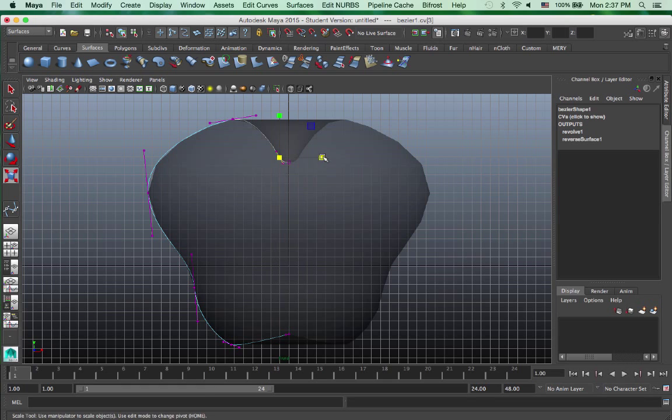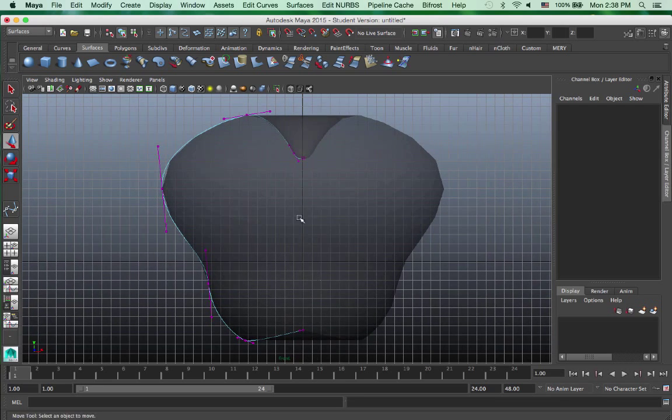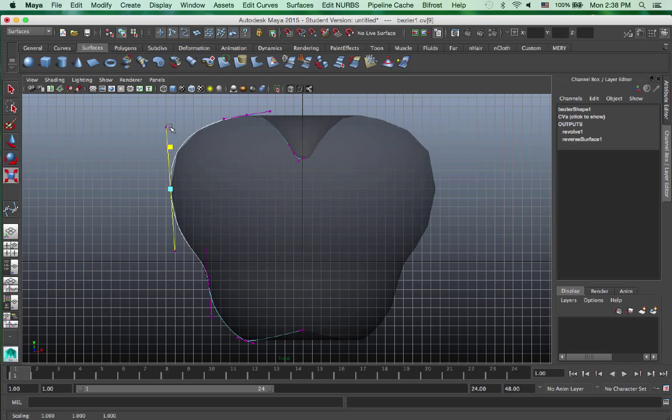for the Bezier curve, you can use the rotate, scale, and move tools, just like you would with a 3D object. In this case, we're just moving the sub-object.